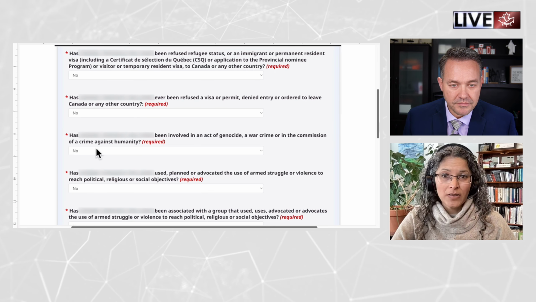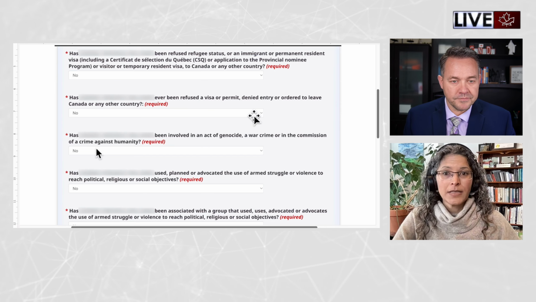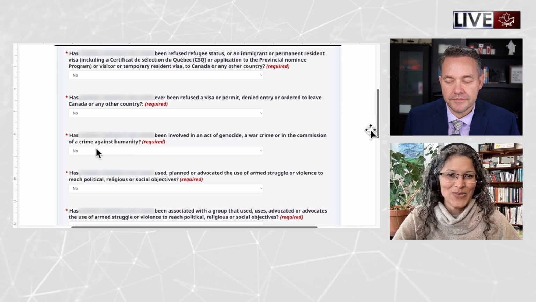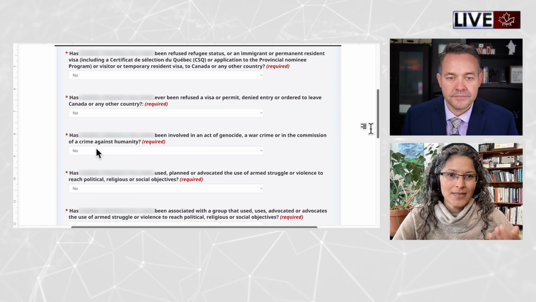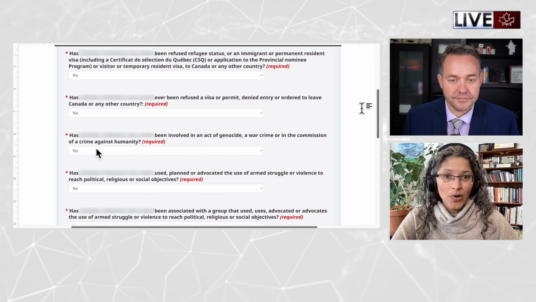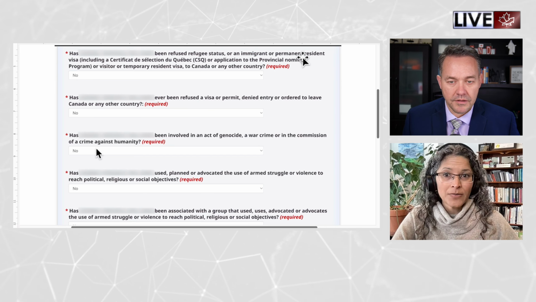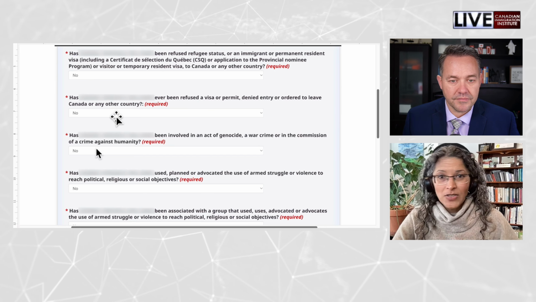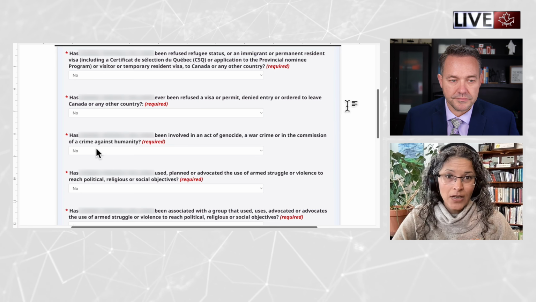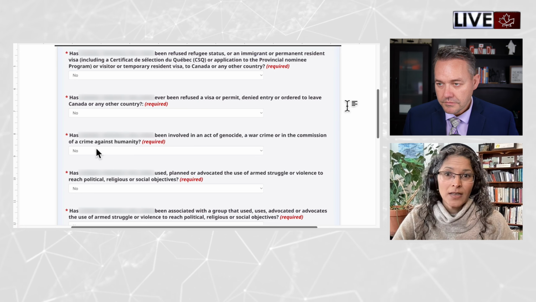And so this one's fairly long, and it says, has the applicant been refused refugee status? And then they're like, well, I just answered that question. No, I haven't been refused refugee status. I didn't even apply for it. But you need to keep reading because it says, or an immigrant or permanent resident visa. So it's not just refused refugee status. Were you ever refused an immigrant or permanent resident visa, including